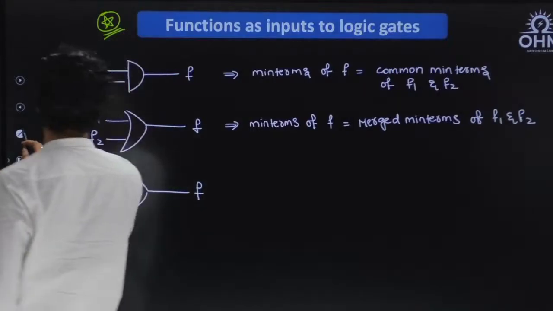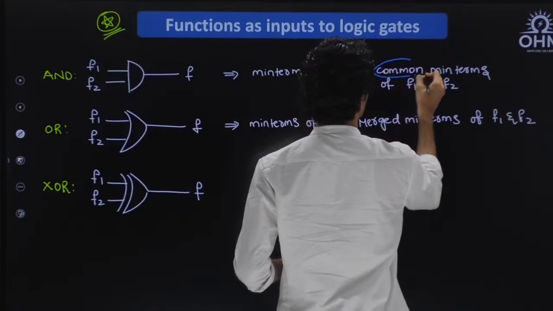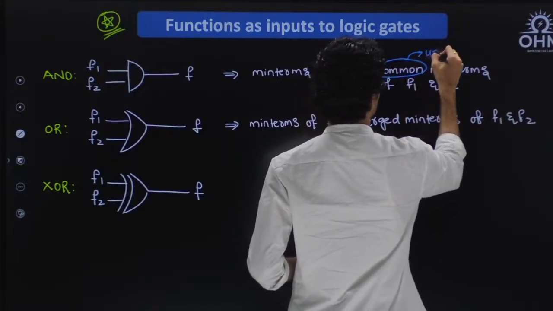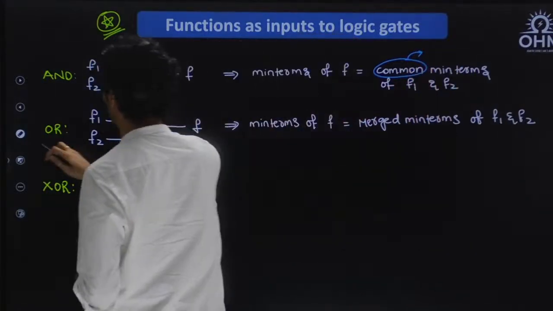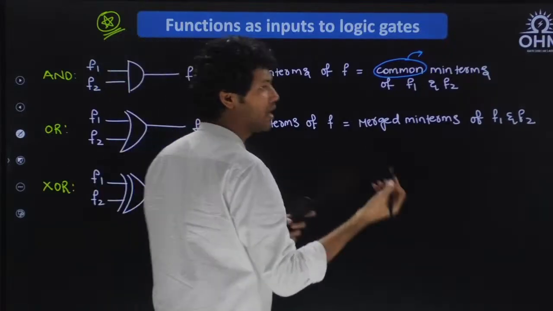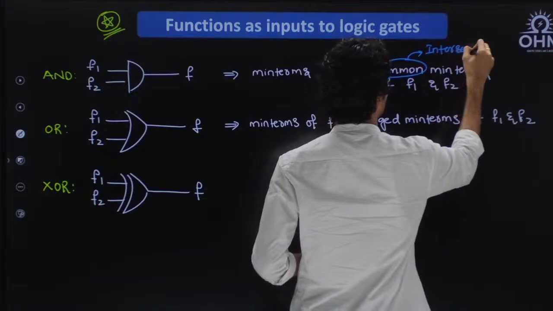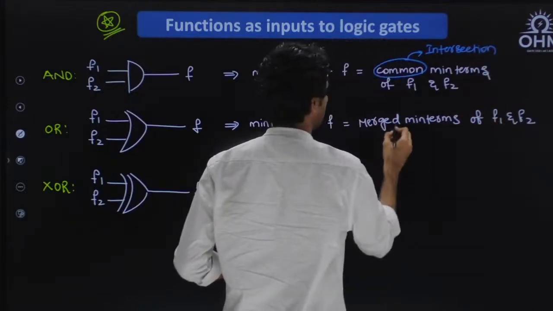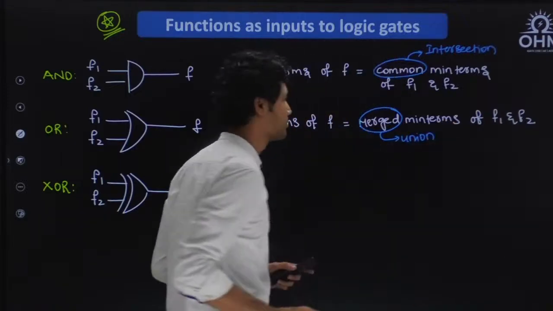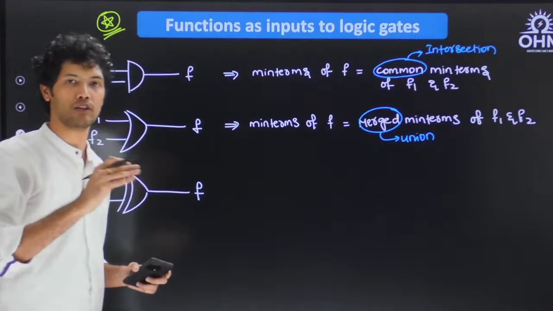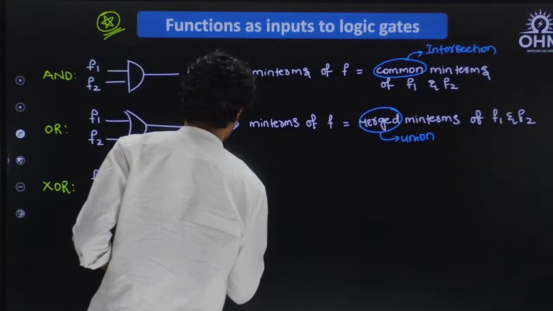So in the first case, when I say common minterms, we are taking the intersection. Common means you are taking only those things which are overlapping in the first and second functions. And when I say merge, I mean to say union, the union of minterms in the first as well as second function. In the last case, the minterms of F